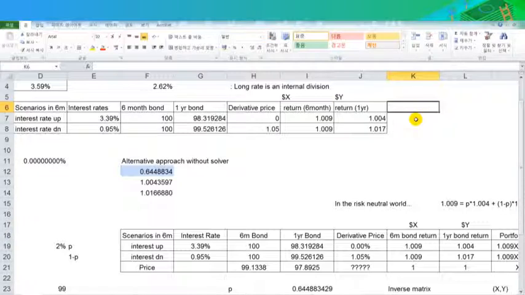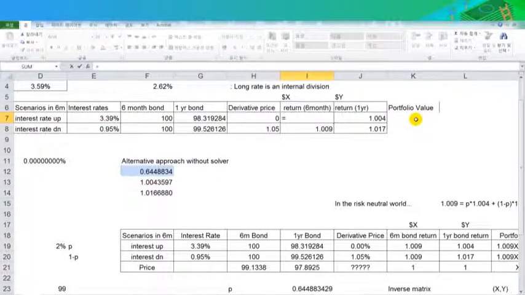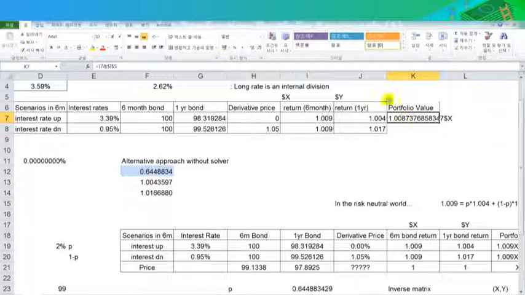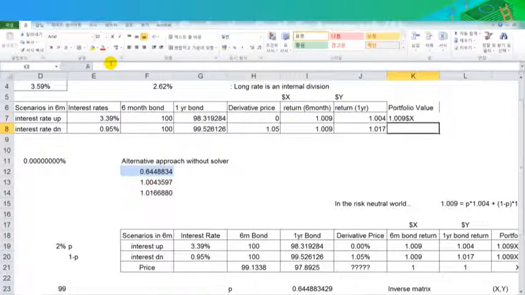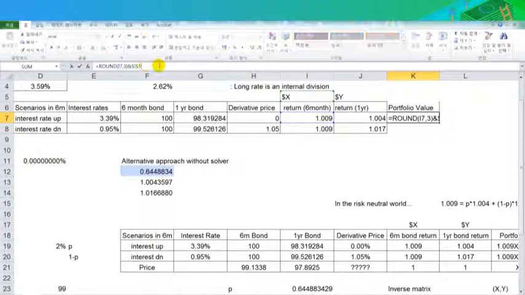Now the value of the portfolio is, of course, this one, multiplied by this one. So you have something like this, and then let's round this one to make it look better. But you also invest Y dollars in the 1 year bond, so plus